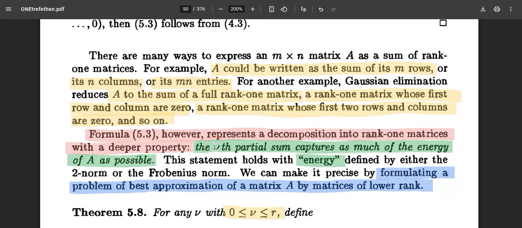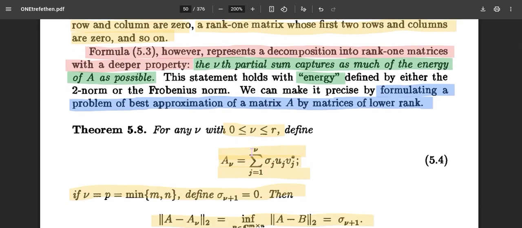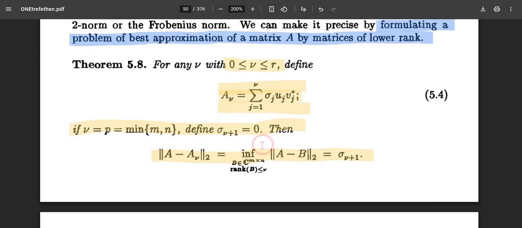So it means for this number of updates, this has preserved the highest amount of energy. And what does that mean? If we have some certain number of updates which is very much less than the maximum rank of the matrix A, then what does it mean? That it preserves the maximum energy in terms of the norms. So if we are making an approximation of A through this rank 1 update, not necessarily the full rank update,